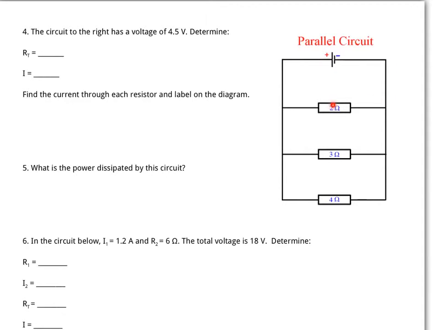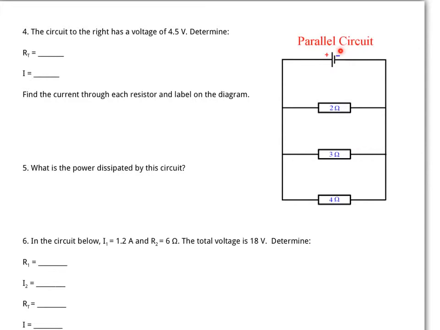In any of those three examples, the current is going to be experiencing a full dose of voltage, getting from negative to positive on the battery. It has to experience whatever, in this case, 4.5 volts. So 4.5 volts this way, 4.5 volts that way, 4.5 volts that way. Each branch, though, has its own resistance, so there's going to be some difference in terms of how that current is split. But that's a fundamental difference between parallel and series circuits, is the manner in which you can figure